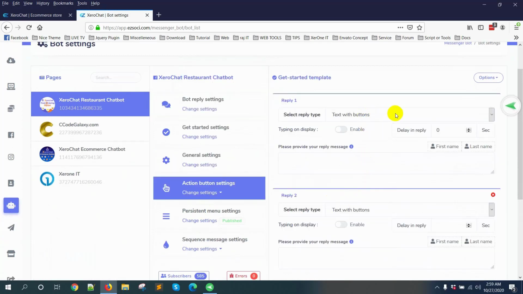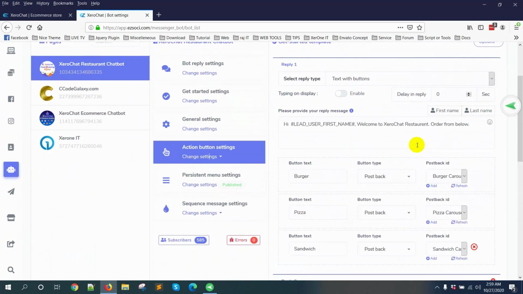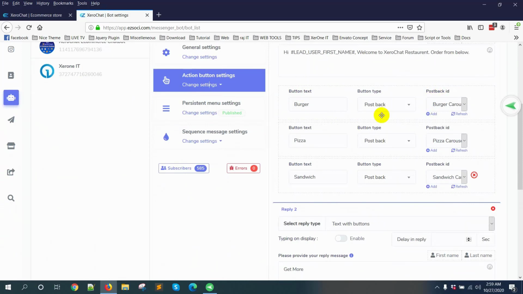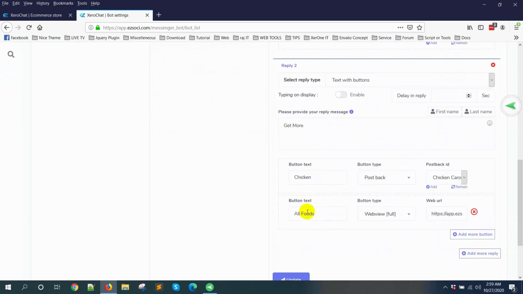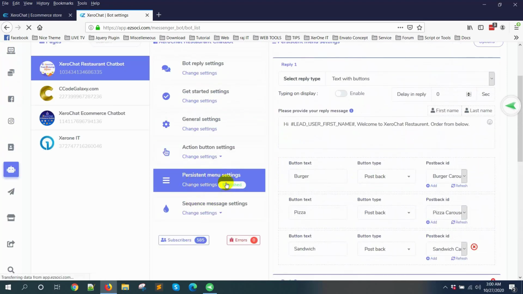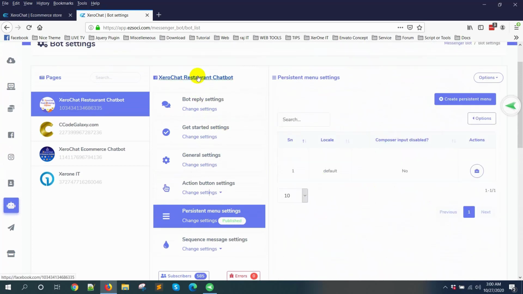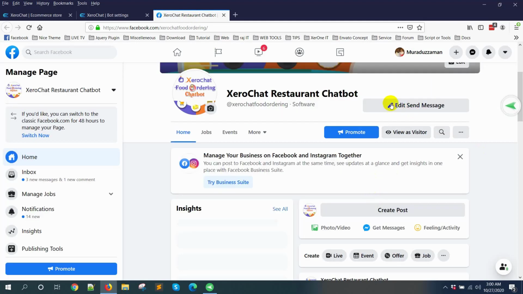First I have set a text with a button, then some postbacks: burger, pizza, sandwich, chicken, all foods, this way. Also I have set up a persistent menu for food order. Let me show you how it actually works in Messenger. This is Messenger on desktop.